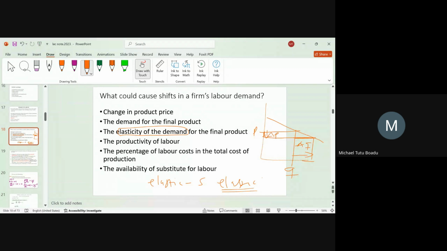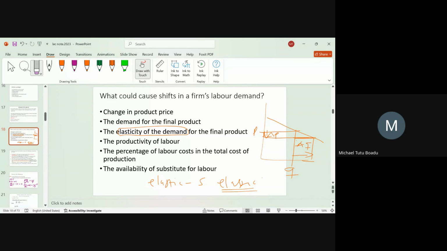What I mean is, if I am using labor to produce, let's say, mobile phone, and demand for mobile phone is elastic, then it means that demand for labor that I am using to produce the mobile phone is also going to be elastic. So if the price of mobile phone falls by a small margin, it will cause demand for mobile phone to increase by a large margin, which means I have to also increase demand for labor by a large margin. But if it is inelastic, inelastic means that the demand curve will be